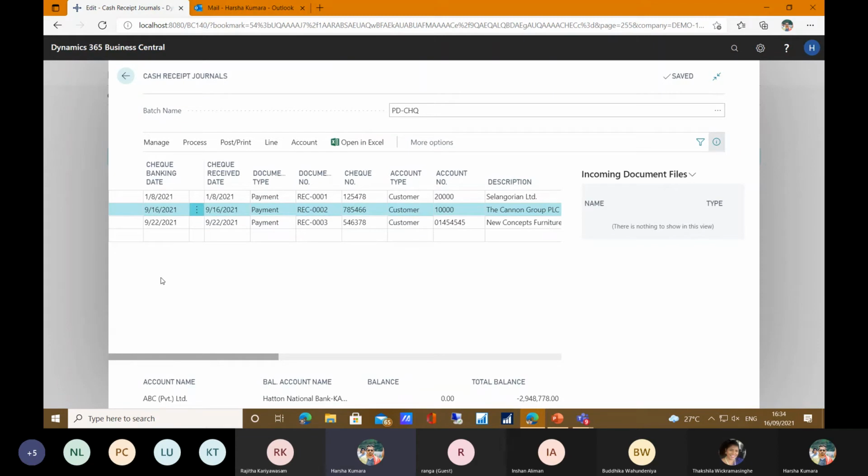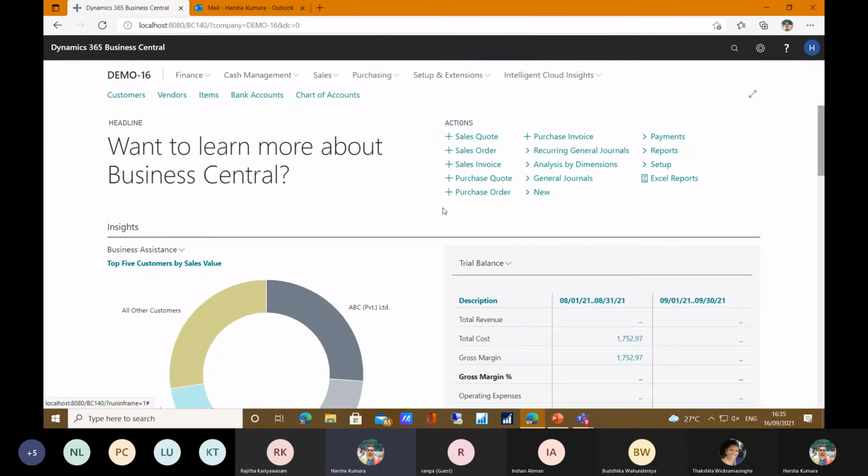We have also developed a PD check in-hand balances report. When you review your AR report or any customer related report, we have added the PD check balance there. We have also added it in the customer card. I will show you the 10,000 customer card.